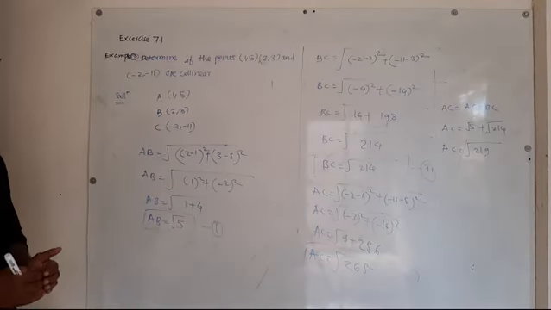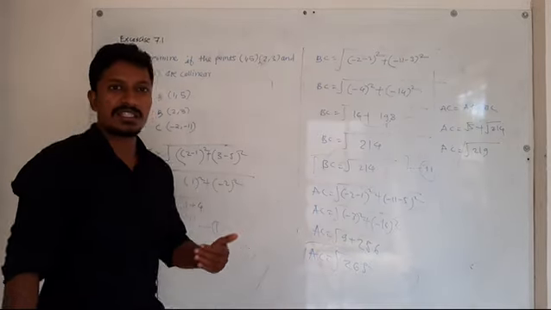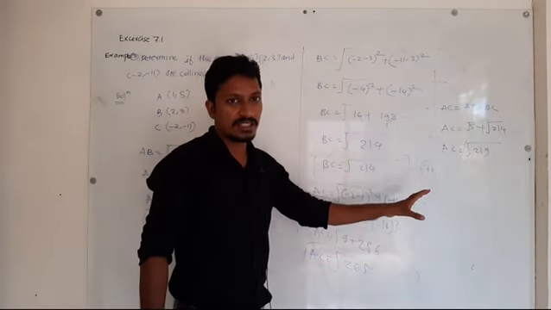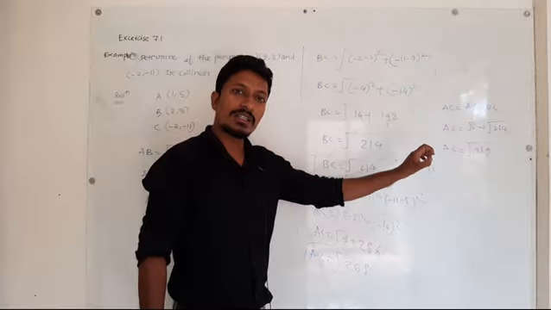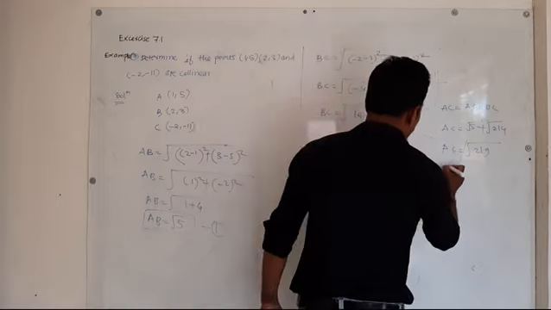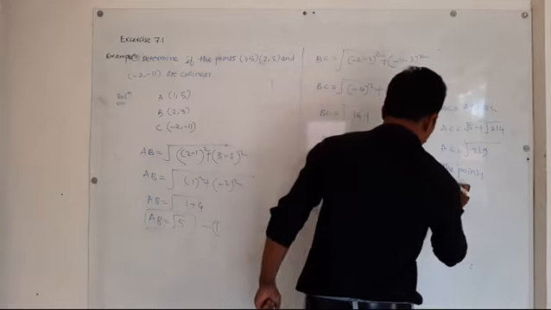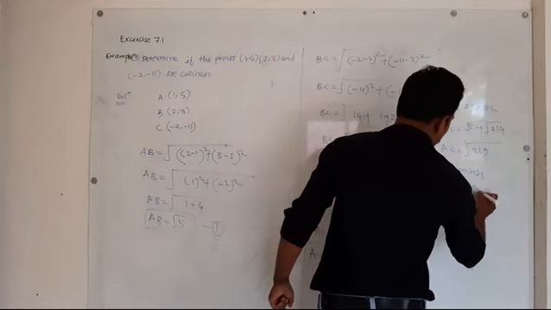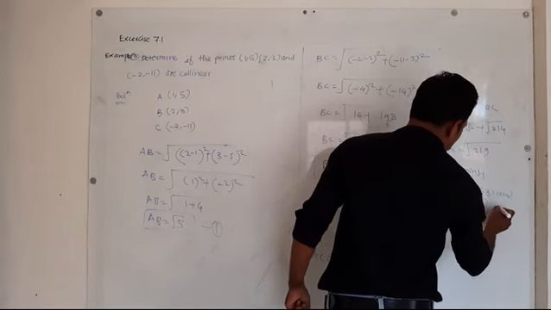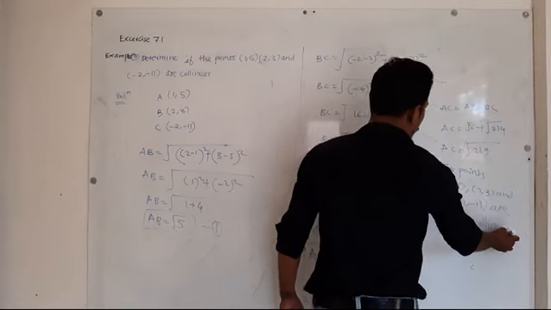3 points are collinear when the largest distance is the sum of the other two distances. And in this condition, the largest distance is not equal to the sum of the two other distances. Therefore, the points (1, 5), (2, 3) and (-2, -11) are not collinear. Okay, students, solve this example.